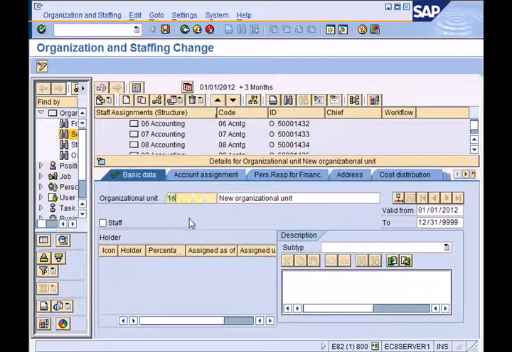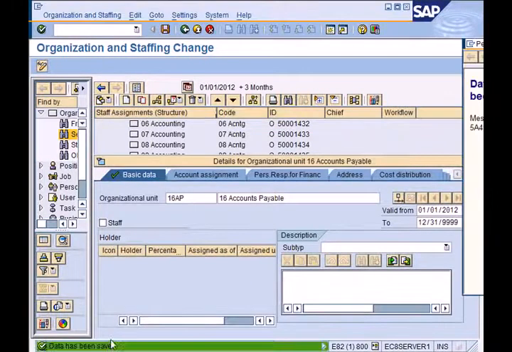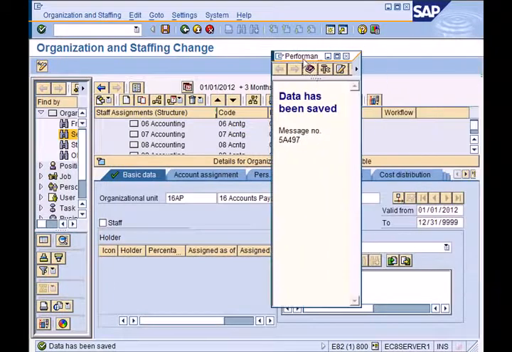Let me just say 16 AP, which is 16 accounts payable, and I just save it. I get the message, data has been saved,